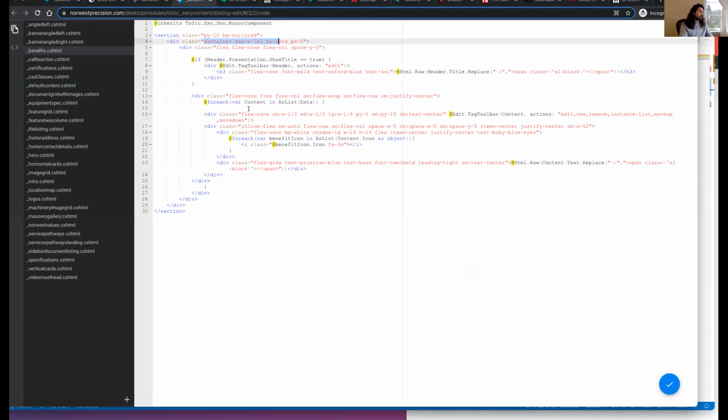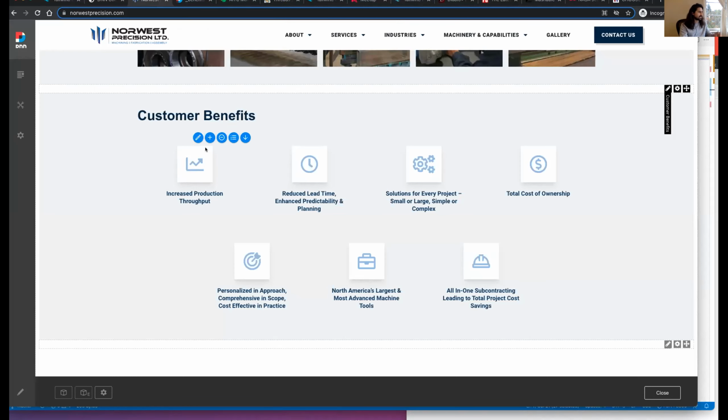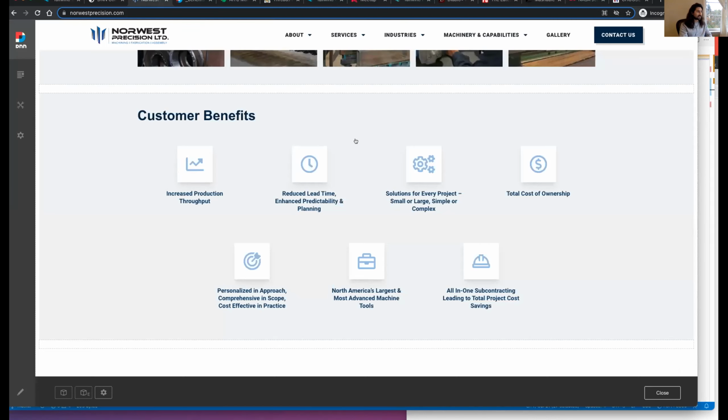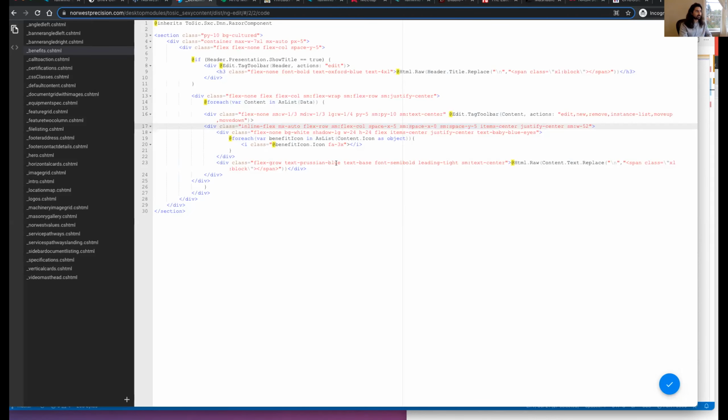And if you look back at what these are, it's like a little benefit block with an icon. For each of them, I have a block, and it changes per breakpoint and whatnot. So it changes width based on the breakpoint, and I even have some custom widths and stuff. So basically all of my templates look kind of like this.